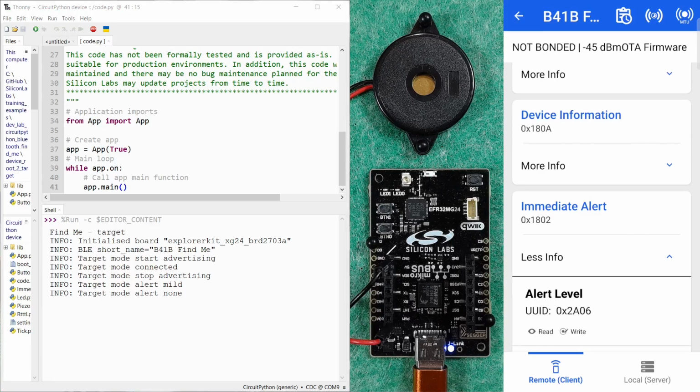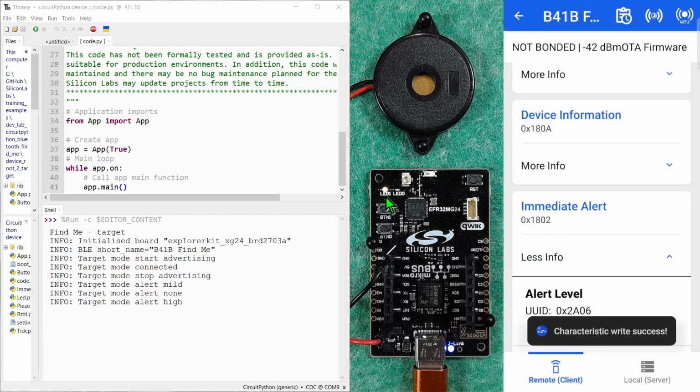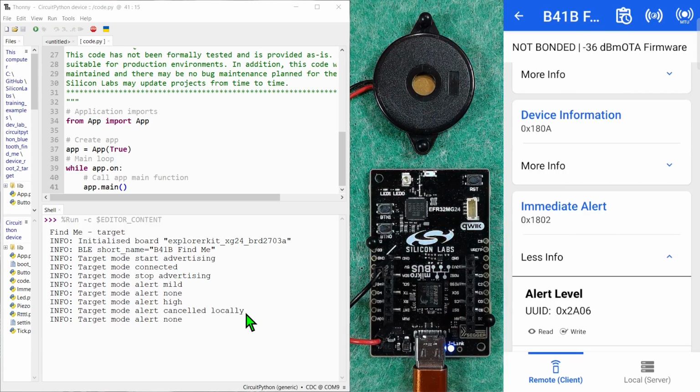Let's check the cancelling of alerts by using button presses. First, we'll set a high alert level as we did before. And now we can press any button on the device to cancel the alert and stop playing the tune. And once again, we can see that the alert has been cancelled locally in the debug messages, and we've returned to the